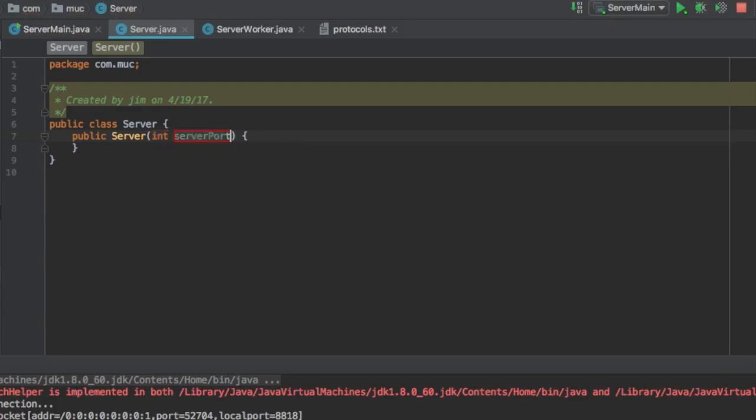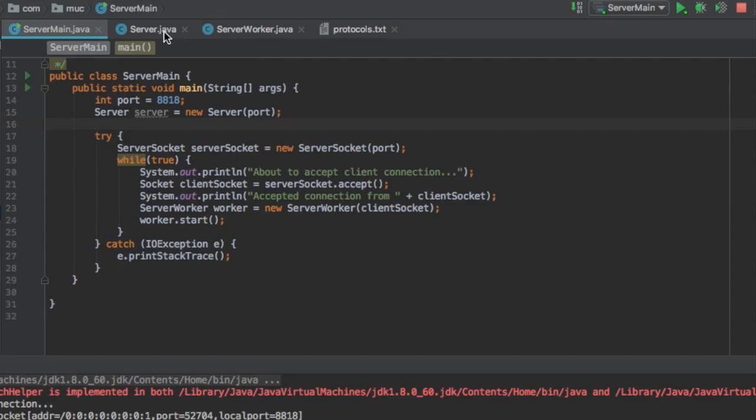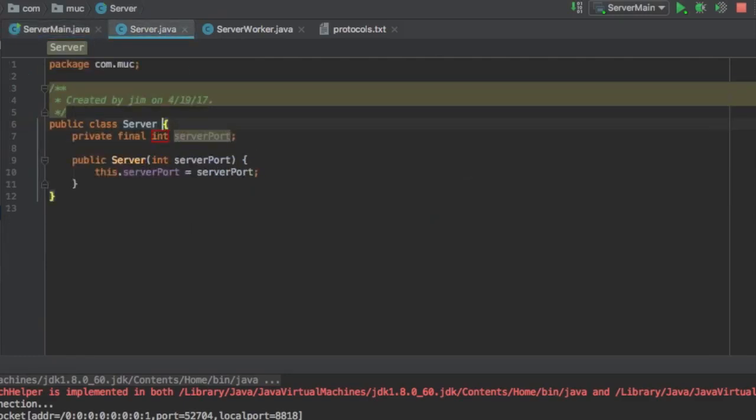Call this the server port, and then from there we want to make this server